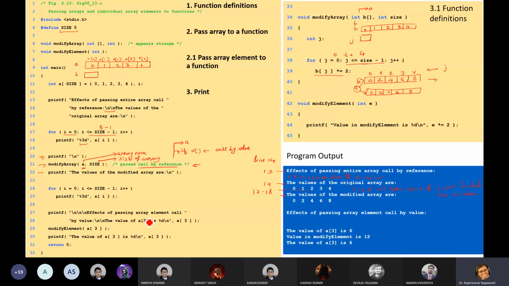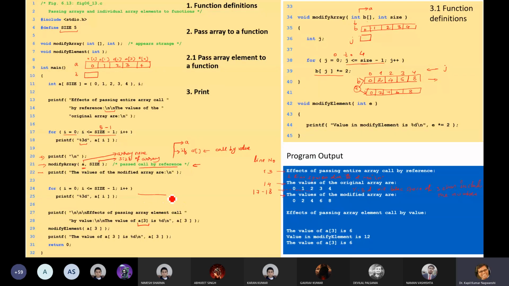Now printf, effect of passing array element call by value. Okay. Here we had call by reference. We have used call by reference. Now call by value. Value of A[3]. Okay, value of A[3] is 6. Yes or no? The value of A[3] is now 6.